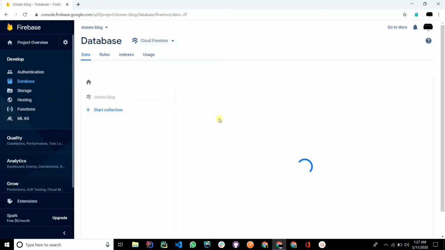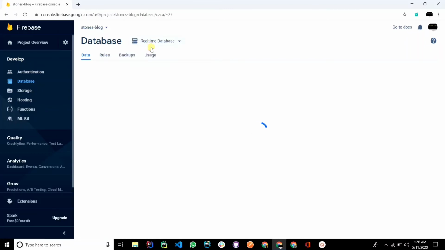Now guys, you can see our Firebase database is created. So clicking on this option, we can specify which Firebase database we are going to use. We are going to use the real-time database, so our users will get updates about the newest data. So we have to specify the rules.